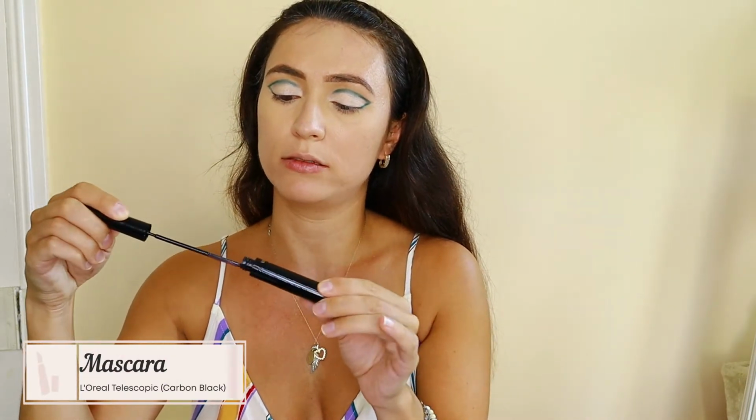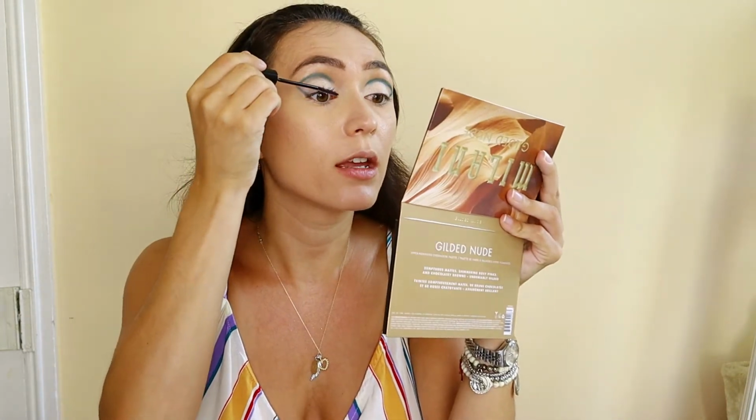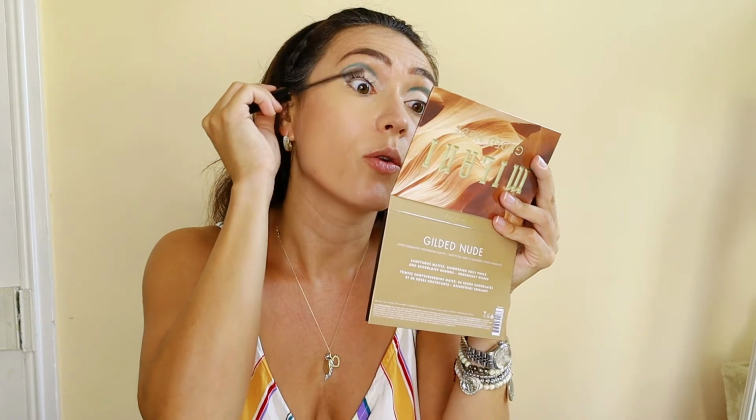Okay, let's go in with the lashes. We're gonna use the Telescopic Carbon Black by L'Oreal. I'm just gonna go down the lashes and then back up. This is like an oldie but a goodie for all my peoples who want a good mascara that is also really cheap. It's usually like the buy one get one in all drugstores. But it's amazing. I forgot how good it was until I recently repurchased it,